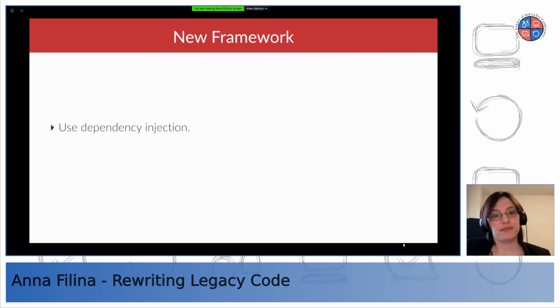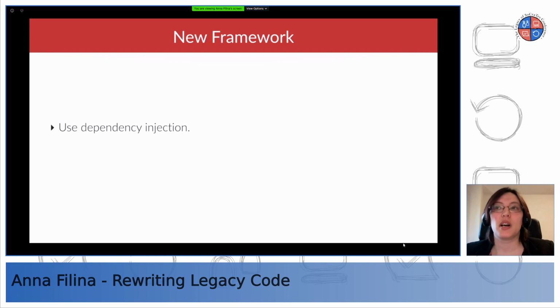There's another strategy. You can move things to a new framework. And when you do that, you can start using dependency injection. So if you use, for example, I've done a lot of moves from Zend Framework 1 to Zend Expressive. And Zend Expressive allows for dependency injection. So this is really nice because it has a pretty good service container.